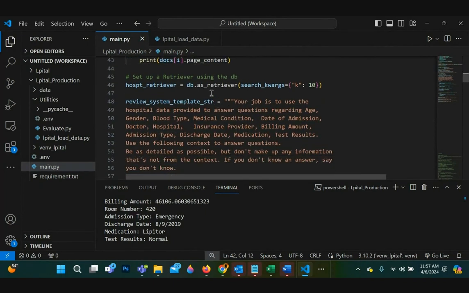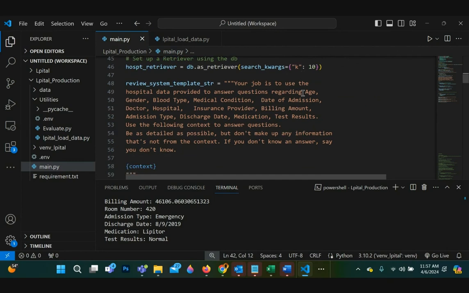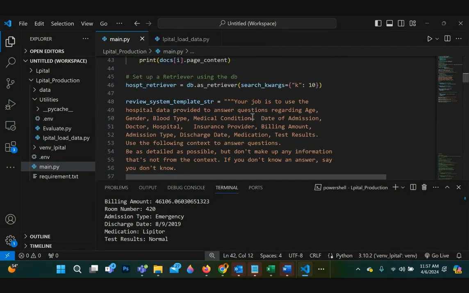And then I'm going back to take the database, right, the DB, and creating it as a retriever, right? And I want to return 10 as well. Now, this is where the templating comes in.